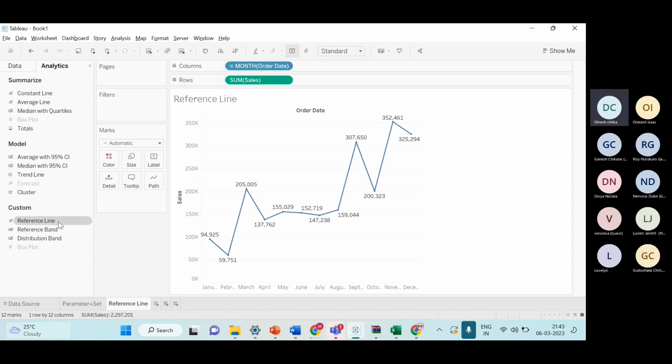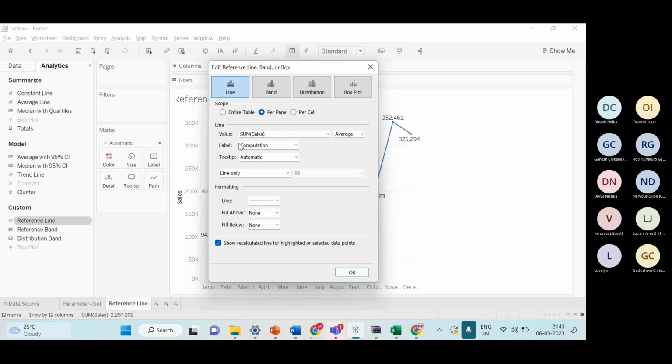Here we get a reference line, right? When you double click on this, it will show the entire table or per pane. Now we can choose entire table. After clicking on the entire table, we have to show the average line. The value should be sum of sales. I want average. The label should be custom. Then write average sales equals,